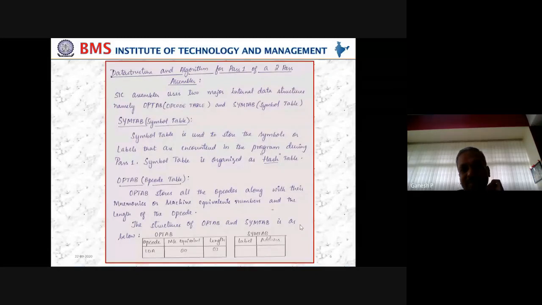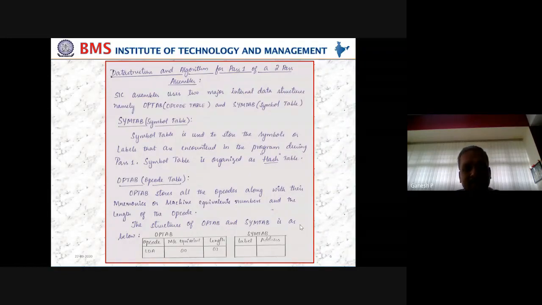That program is given as an input to the SIC assembler. Now PAS1 is going to be taken care of. During PAS1, we have listed the functionality. First one is to assign the address for each and every instruction. Second, store all the addresses of the labels in a data structure. Third, some of the assembly directives are being processed; we'll process them at the end. The fourth topic of PAS1 is to generate an intermediate file.